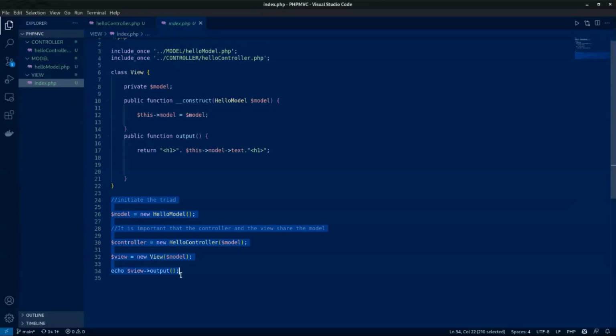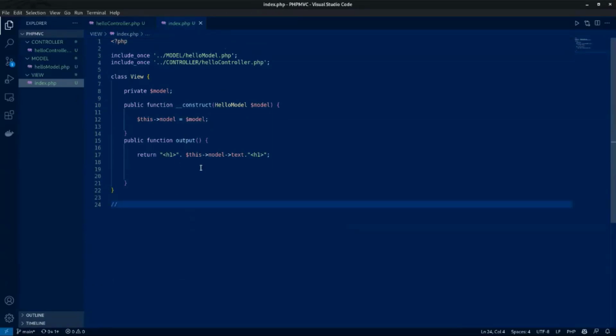Now, I'm going to just comment this for a moment so that you actually get to understand the whole of this. Within this file, I've included the model and the controller. Since I am in the view, I want to get access to all of this. And then I have a private property for the model so that I'm going to actually get access to my model again. And I am using this within the constructor just again to make sure that within this view I